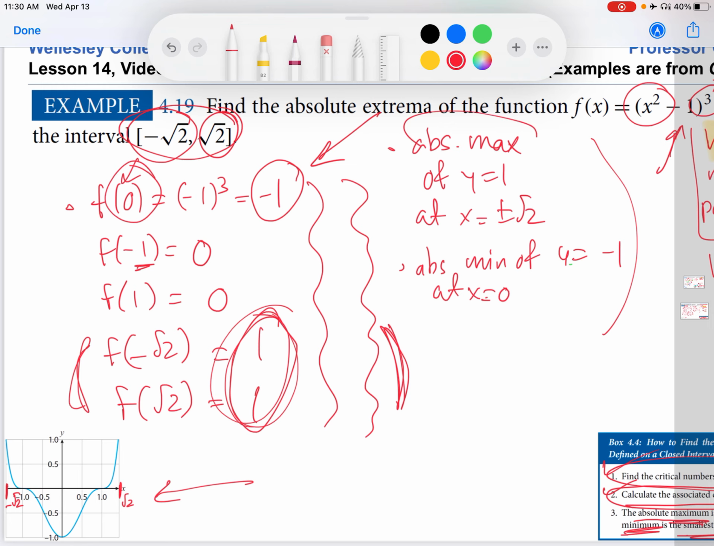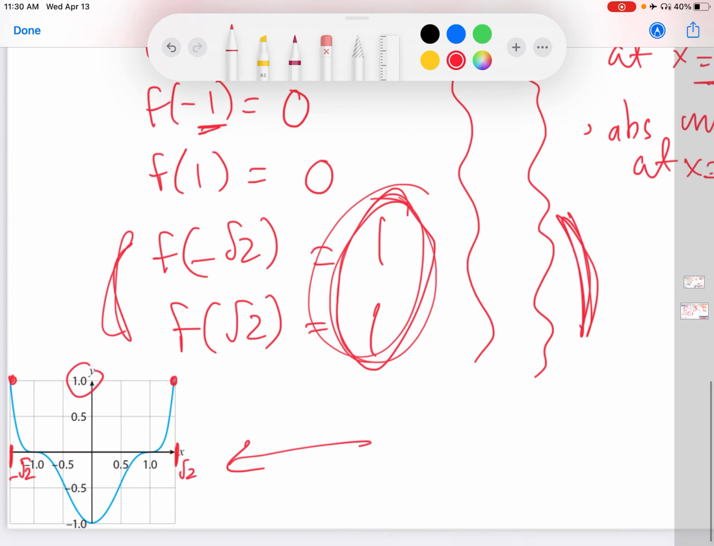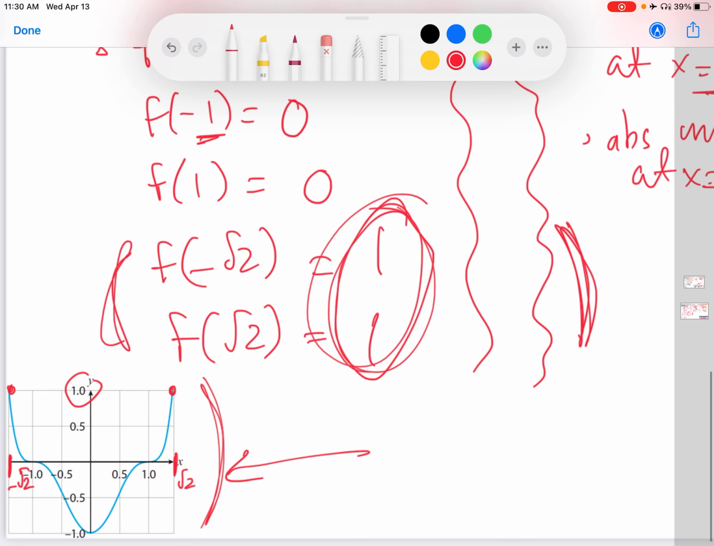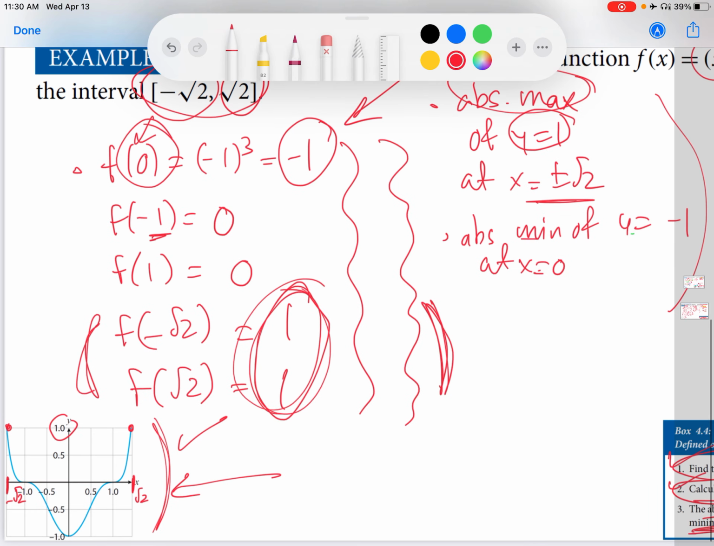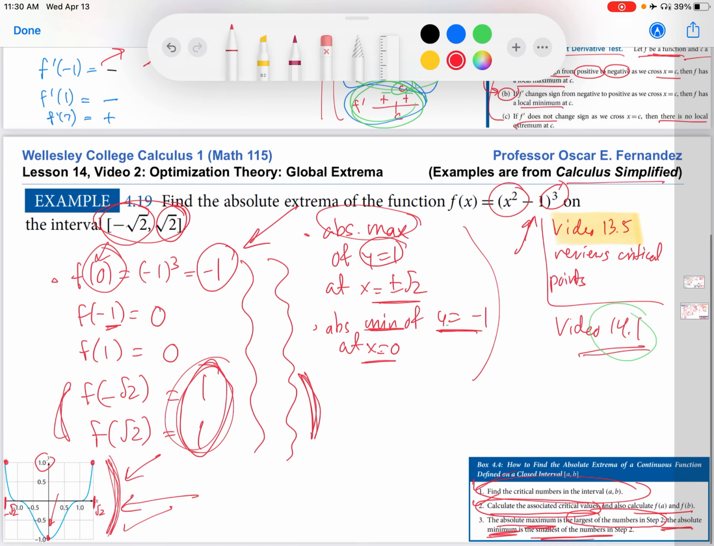Let's look at the absolute maximum. It should be y equals 1 at the endpoints. Here's y equals 1. Here's the right endpoint. Here's the left endpoint. That is the maximum y value on the graph. Awesome. How about the absolute minimum of y equals -1 at x equals 0? Okay, and look at the graph. Y equals -1 at x equals 0. Absolute minimum, smallest y value on this graph. Awesome. Okay, so this has been a quick video to show you how you would apply this procedure